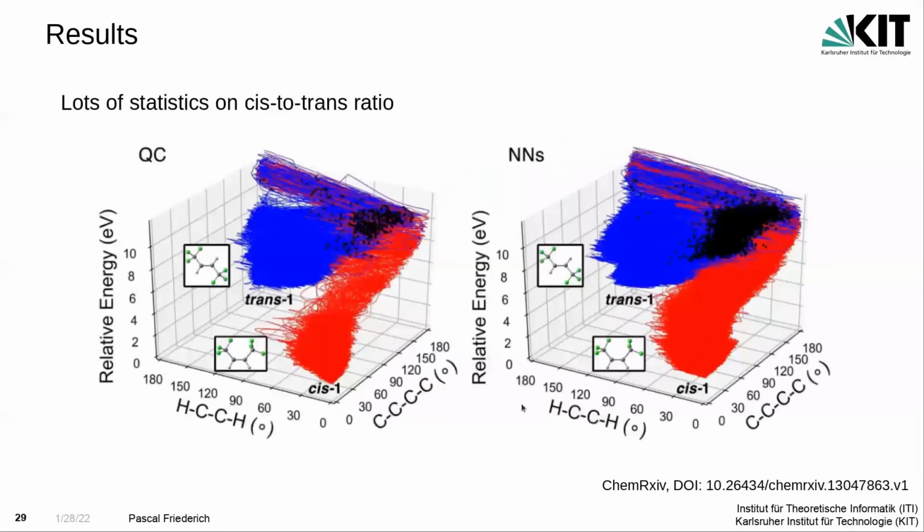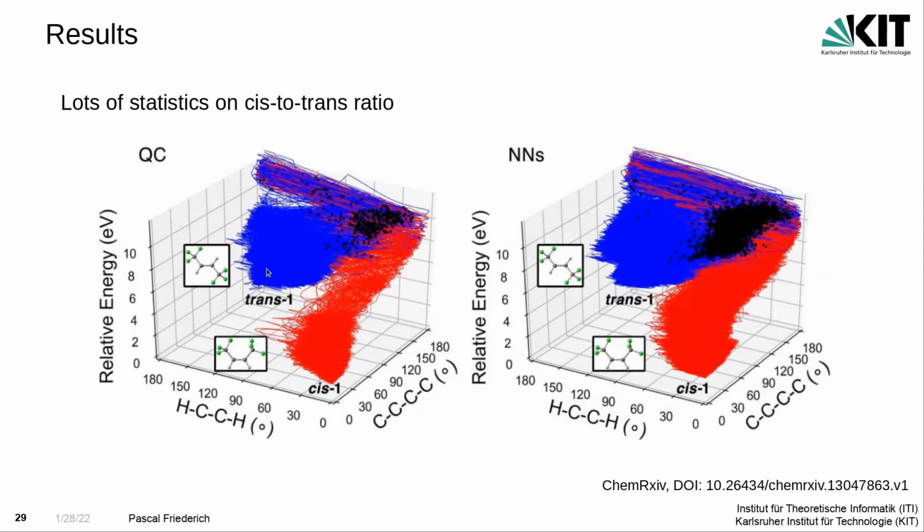We can also look at the time evolution of these states. We start in this corner, which is the trans geometry, but in the excited state, so the energy is high. Then most of these trajectories go into this corner where there are these black dots. Those are the transition states where they hop to the ground state, and then they develop to the ground state either in trans configuration or in the cis. And this looks more or less the same. We get, as I said, more statistics here for the neural networks because it's much more computationally efficient, but we get the same